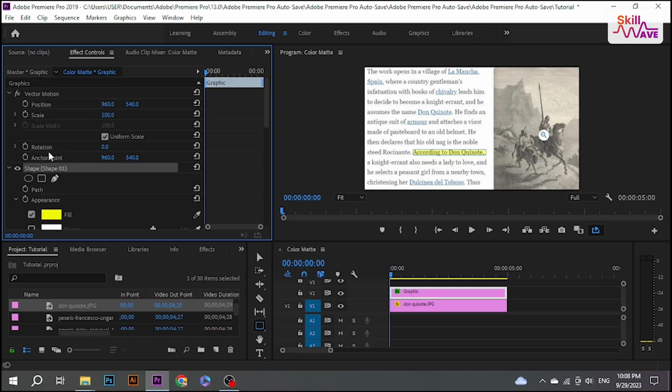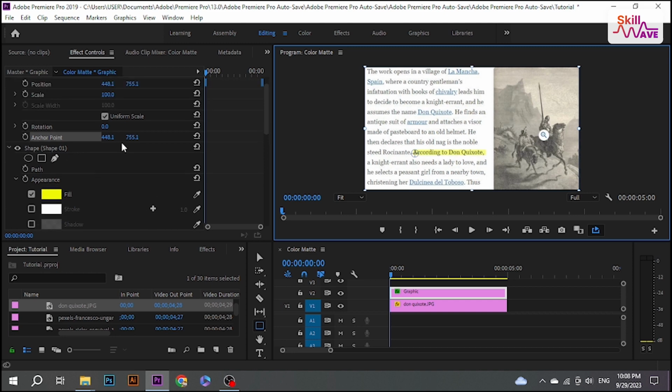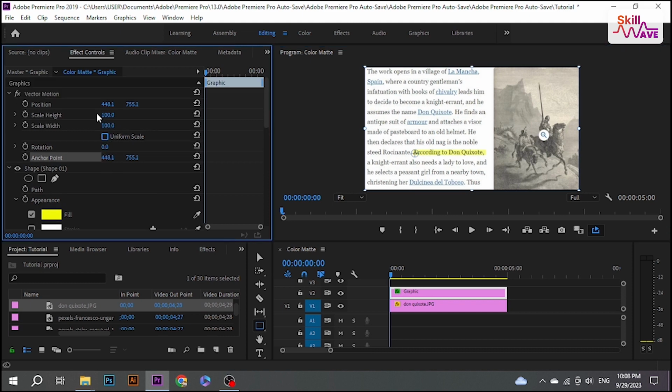Now we need to set our anchor point to the beginning of the text or sentence so our highlighters start from the beginning. Click on the anchor point and drag the blue circle to the start of your text and uncheck Uniform Scale under Scale. Now bring scale width down to 0 and click on the stopwatch icon. Now move your slider to the desired duration and adjust the scale width so your entire text is